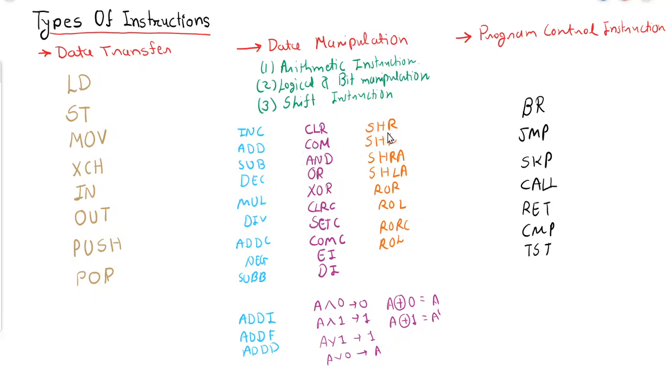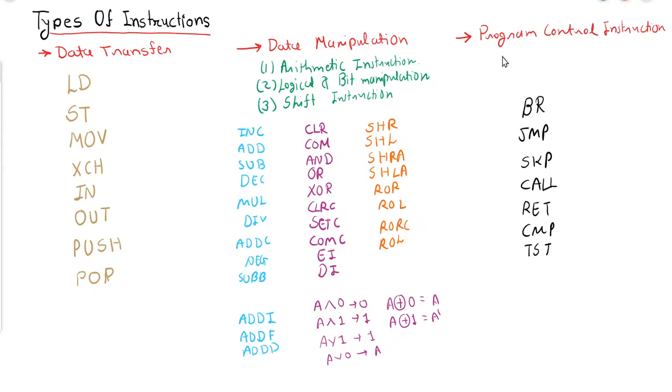Then we have discussed shift operations. We have already discussed these operations in the first unit in register transfer language, while we created a shift unit. There we discussed all these operations: logical shift right and left, arithmetic shift right and left, rotate right and left, and rotate through carry right and left.